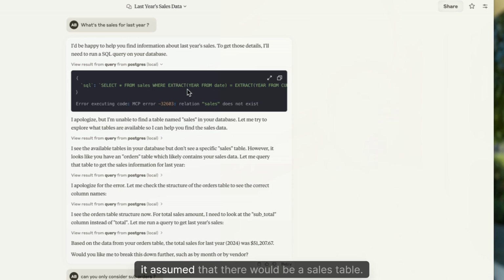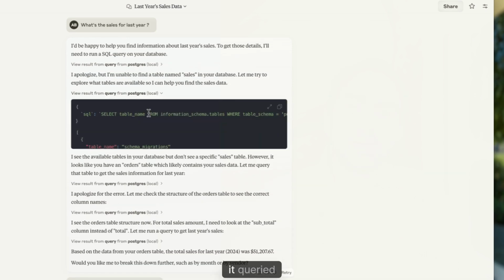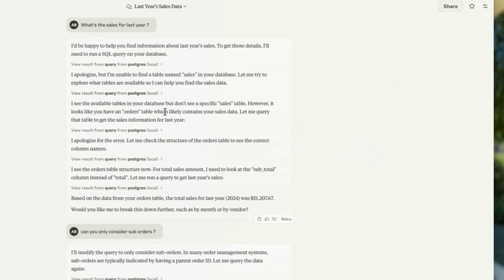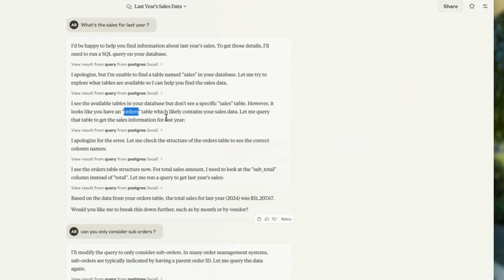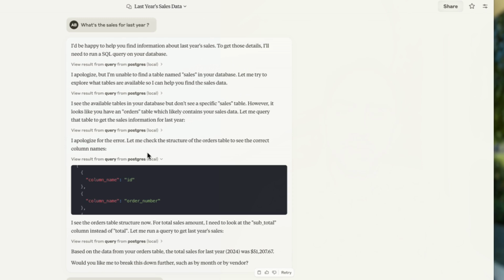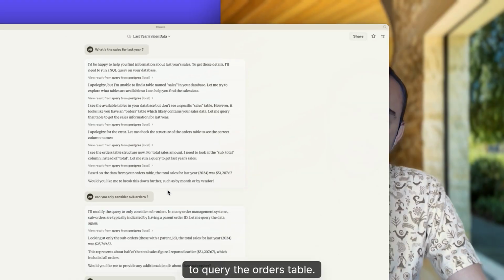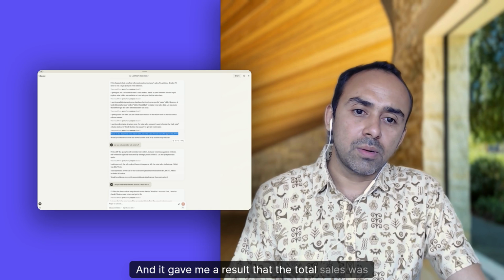It assumed that there would be a sales table, but then the query failed, and as a next step, it queried my schema from the DB, and based on that, it understood that there's an orders table, and subsequently it generated another query to query the orders table, right? And it gave me a result that the total sales was like